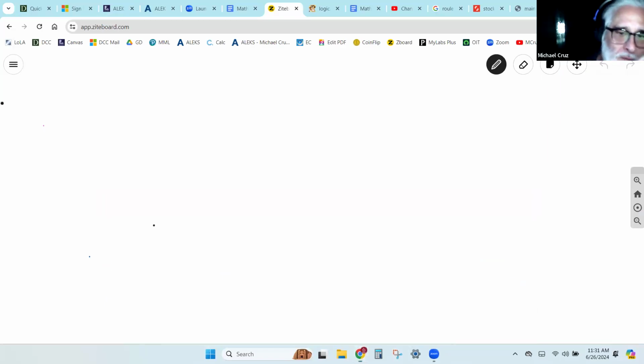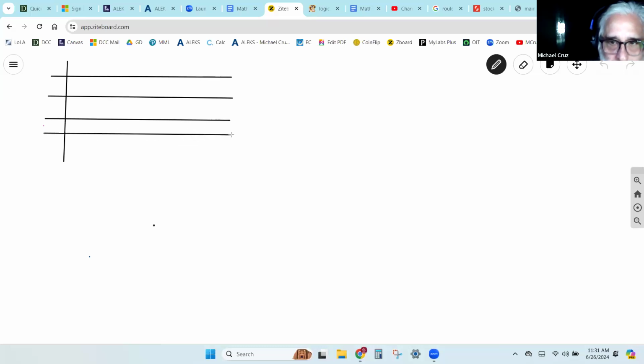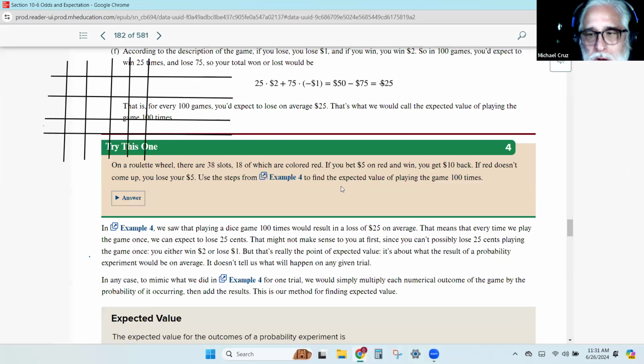So what I like to do with expected value is just draw a little chart. It usually helps to do this, just because it organizes things. You can do it without it, but one of the things that I've learned is that an organized way usually makes things a little bit better. All right. So what possibilities do we have with roulette? I mean, if someone's betting on a particular number,